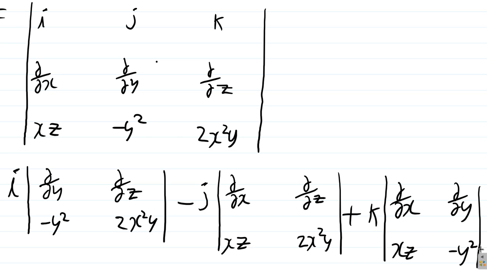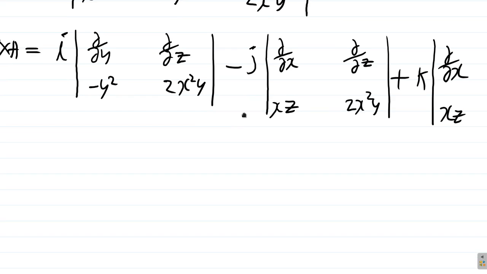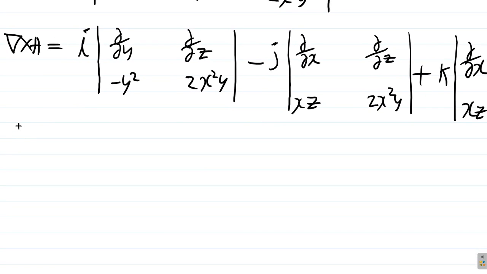Alright. Now that means del cross A, or nabla cross A, sometimes they call it nabla, sometimes it's called del. What you get is i